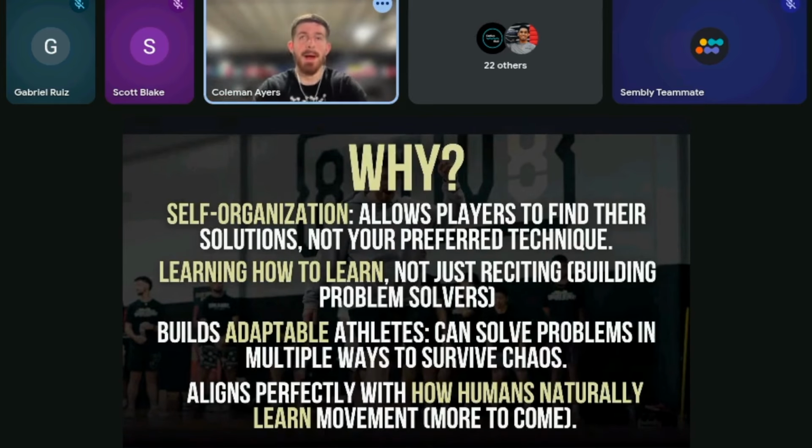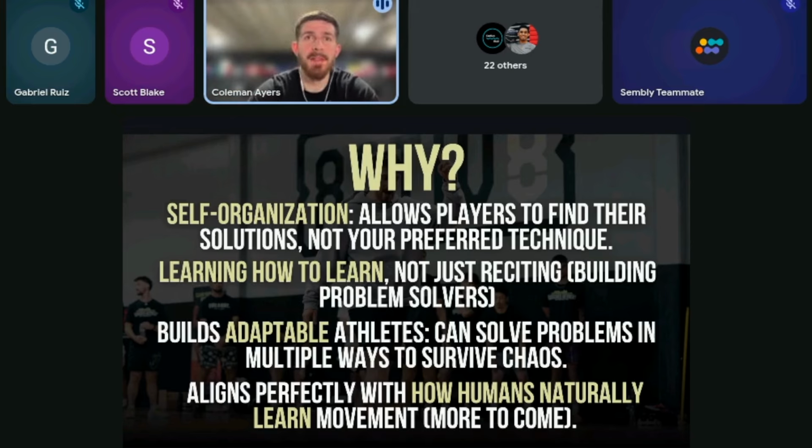So in a game, not only can they learn more autonomously when they're on their own, but they're also used to solving problems, which comes down to adaptability. The third one: no matter what chaos is going on, no matter what environment they're in, they're able to adapt to what the environment provides to them, what the defense provides to them, what the situation or circumstances provides to them, versus when they train in a more controlled, top-down environment, where a coach is just telling them what to do and they recite or repeat or execute.